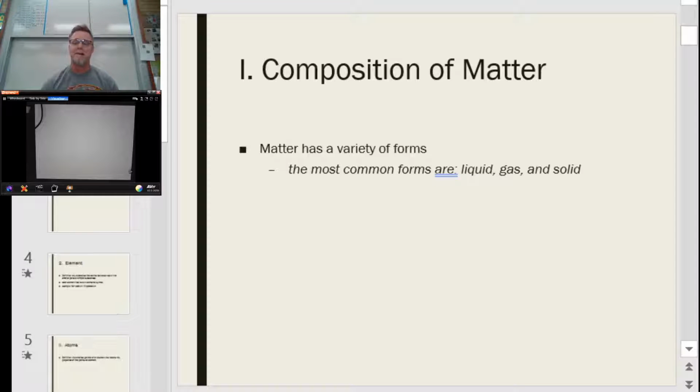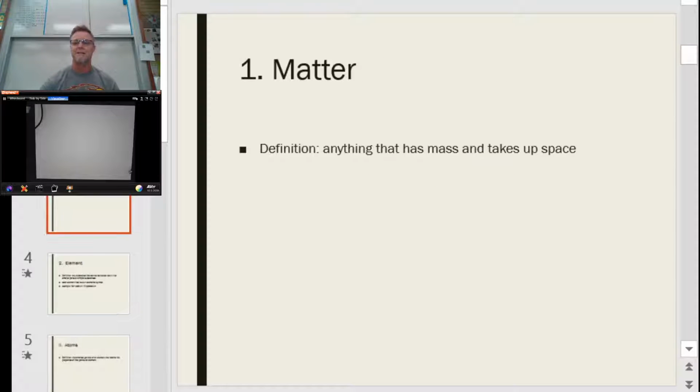You might know matter in one of its three forms that you learned in junior high: a liquid, a solid, or a gas. Okay, now if you're super science savvy, you might know that there is another phase or state of matter that you might learn in chemistry or a physics class called plasma. We don't deal with that in biology, so it's not on this slide. We're just going to pretend like it doesn't exist for now. So matter exists in three forms: solids, liquids, and gases, and its definition: anything that has mass and takes up